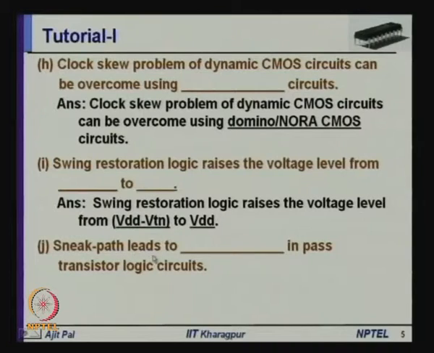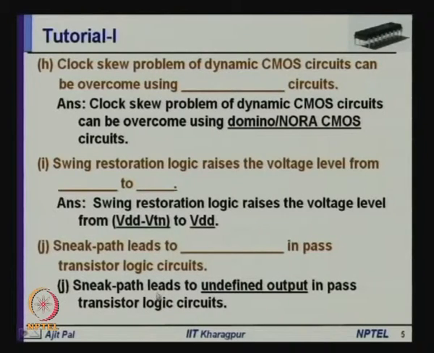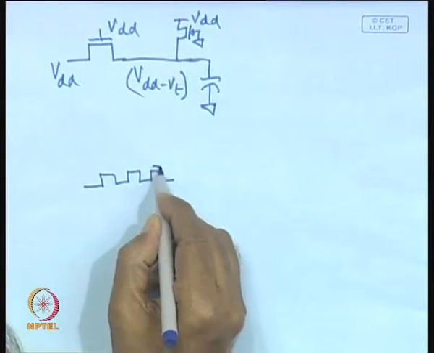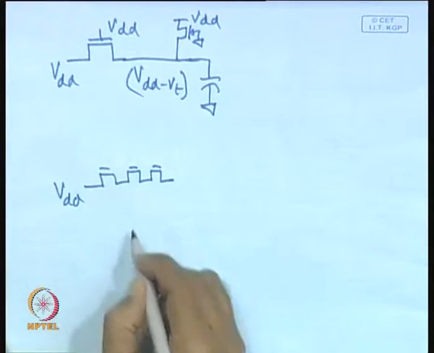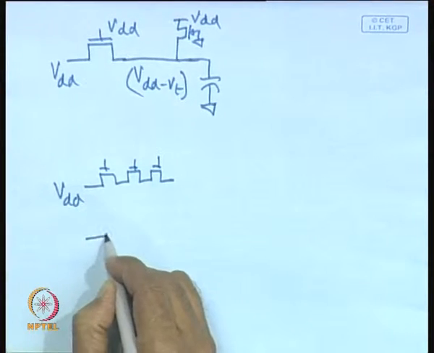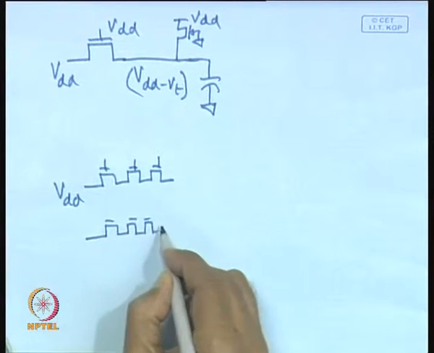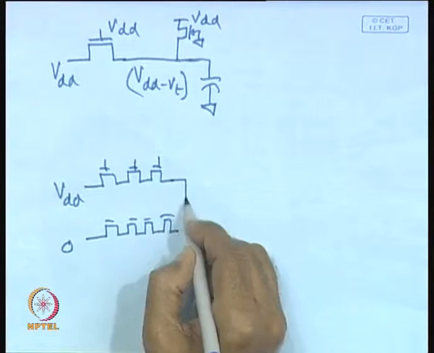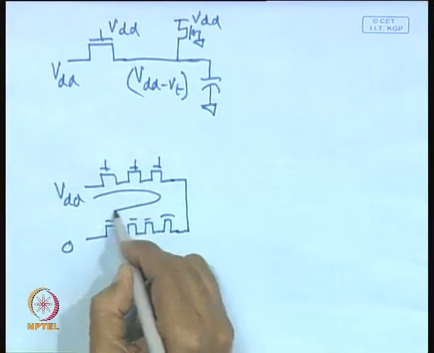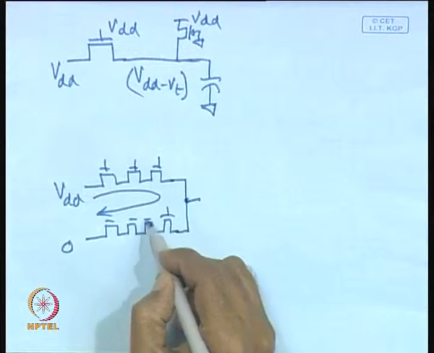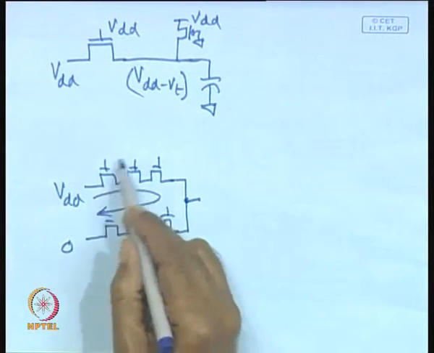Next question is sneak path leads to some problem in pass transistor logic circuits. What kind of problem it can lead? Again, in this case it leads to undefined output. As you have seen, suppose you have a number of pass transistors and this is connected to VDD and these are all on, and you have another set of pass transistors through which this is connected to ground, and so a sneak path has been created here, and the voltage here actually will be dependent on the relative value of the